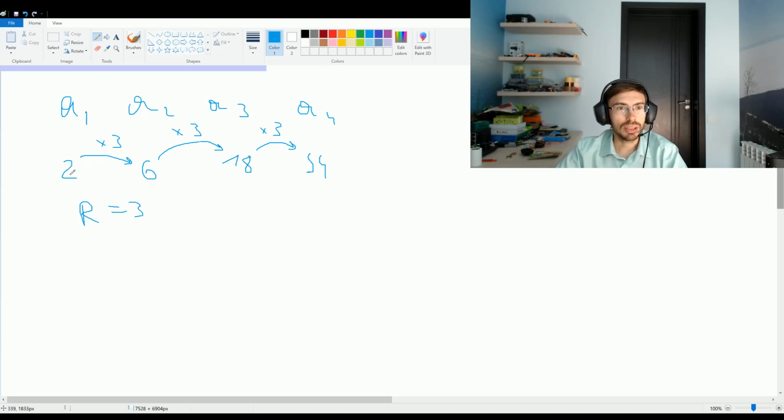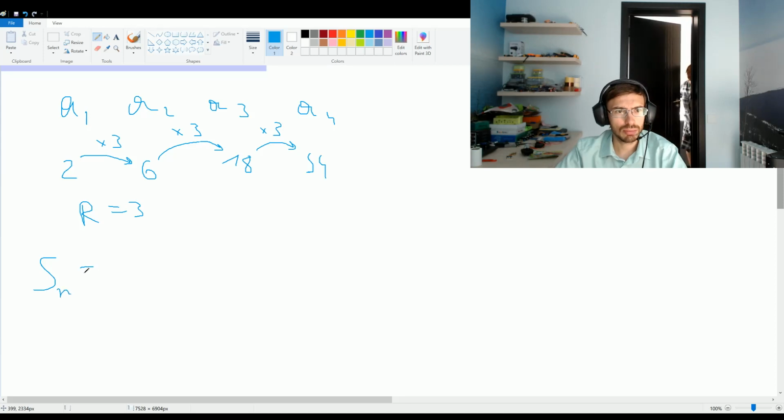So since there is a certain law of how to form the next member in the sequence, there are some formulas for how to calculate the sum of all of these members. And let's have a look how. So the formula for the sum of a geometric sequence with n terms will be a1